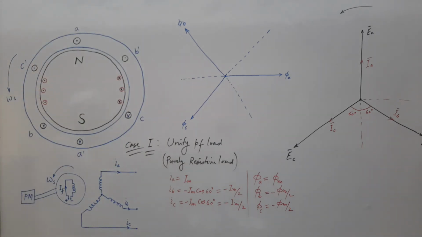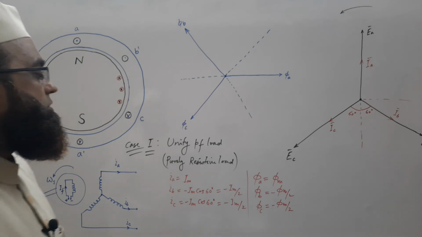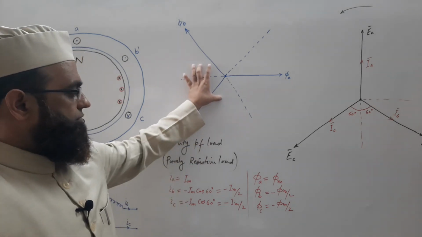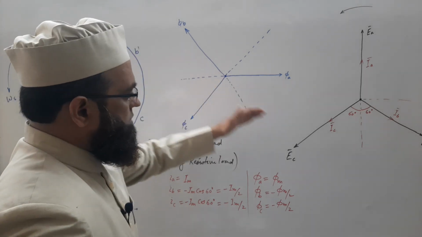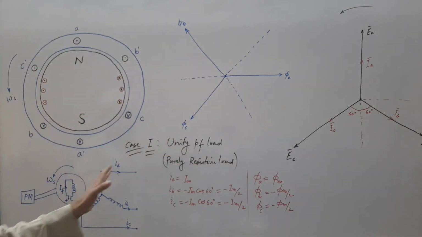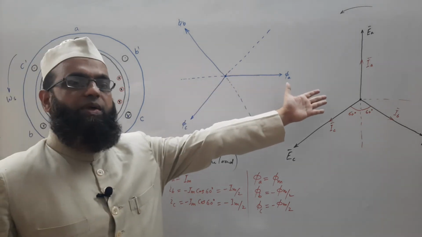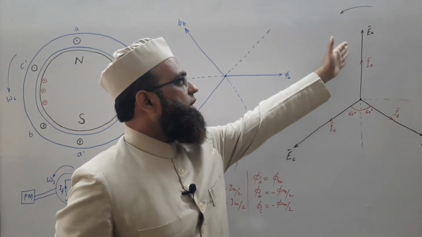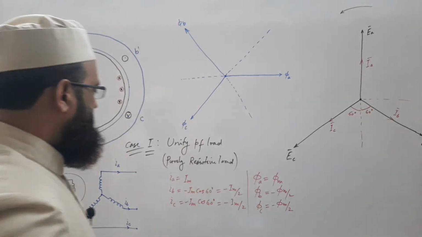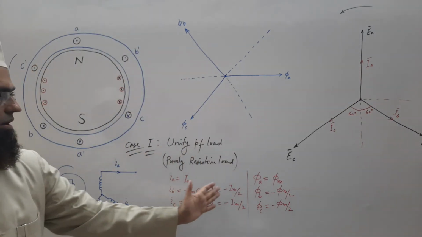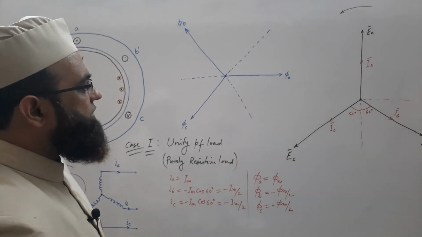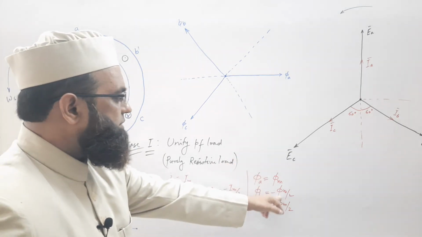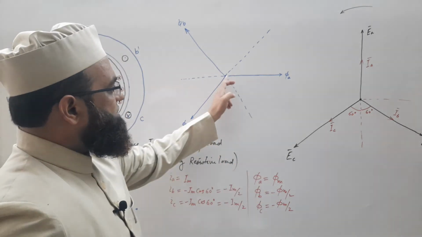Now put the corresponding values in this diagram to get the resultant one. So I am making it here. So at this moment we have this phasor diagram. For unity power factor, currents are in phase with the corresponding EMFs, and we have at this moment the fluxes in the 3 phases, produced by the 3 phase currents, as maximum, half of maximum in negative direction, and this. So phi A, so this is positive of phi A,